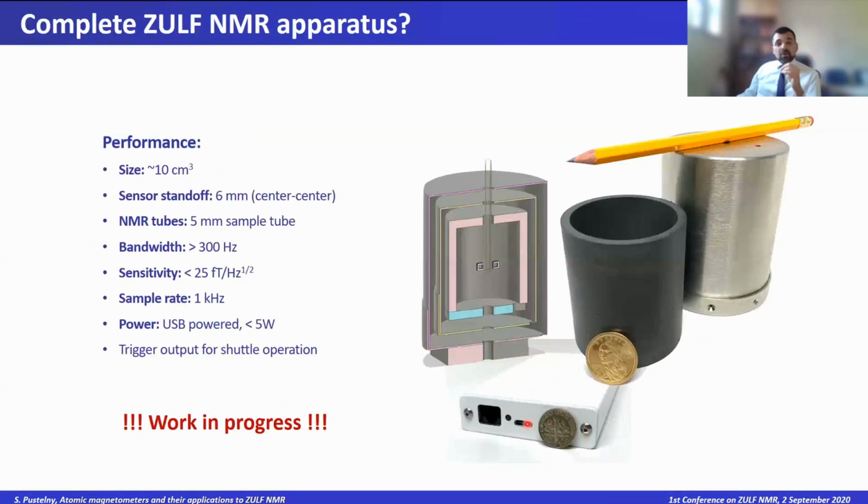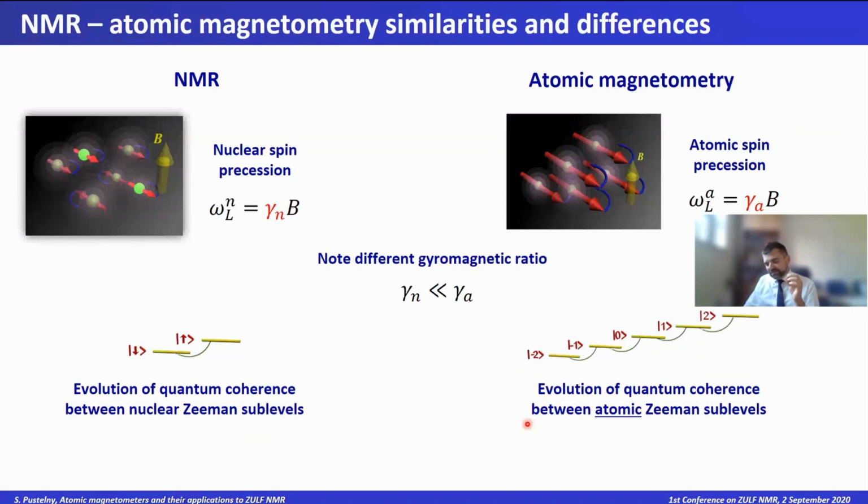Now you have your apparatus, you have your system, you can measure it, but of course at zero field you have to be careful, because atomic magnetometry should remind you of nuclear magnetic resonance, since more or less they work on the very same principle. They observe the spin precession. But in atomic magnetometers, the spin precession is governed by a gyromagnetic ratio that is some hundreds of times larger than in the nuclear case.